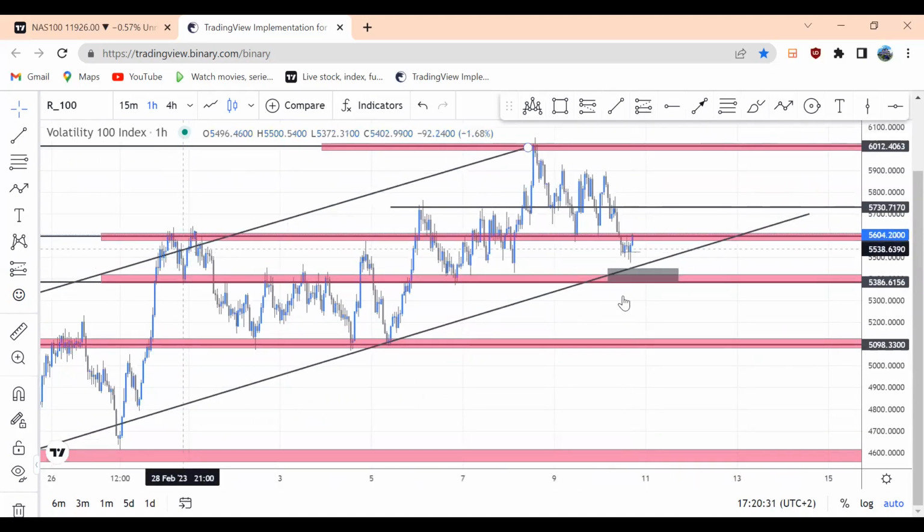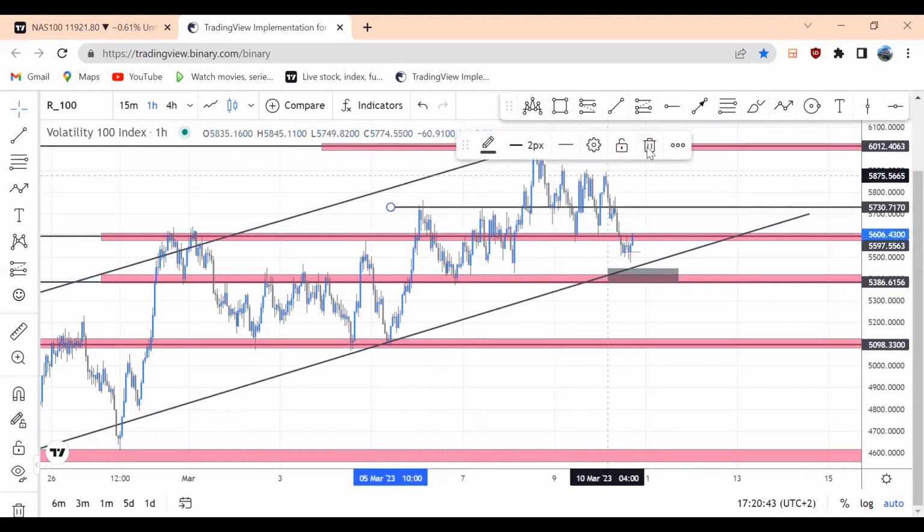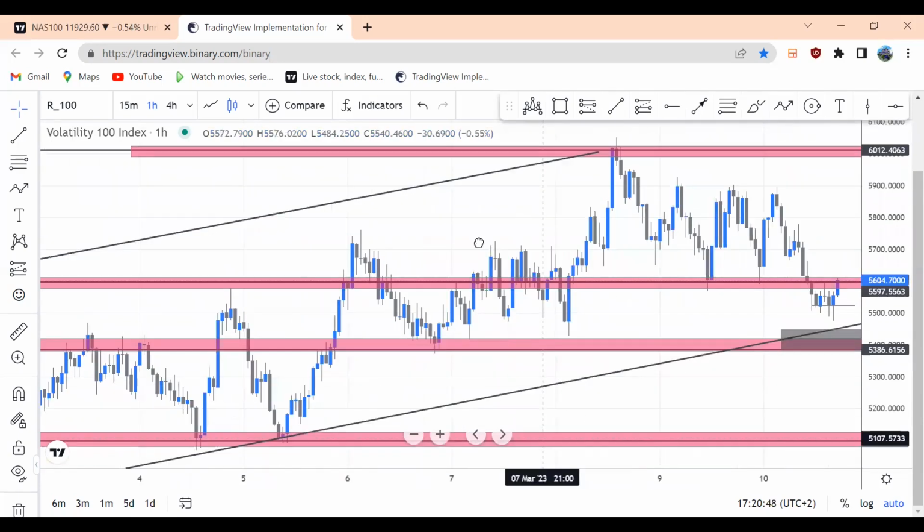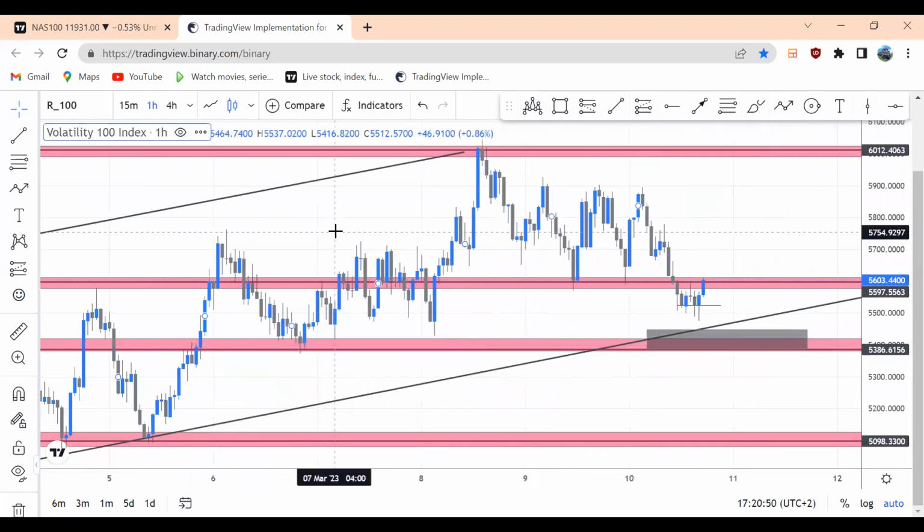We have a level here because the market reacted too many times in here. But you see, we just have a touch, then the market was playing around this low. So I like to delete to keep a clean chart. I don't want to confuse myself when I'm looking at the chart, wondering what's happening. I know the market came, reacted off this level, came back, reacted off